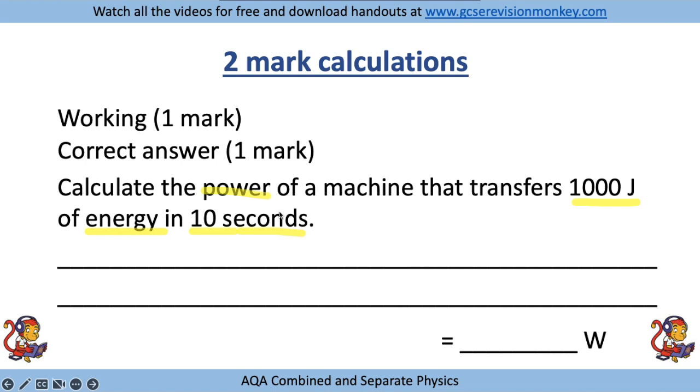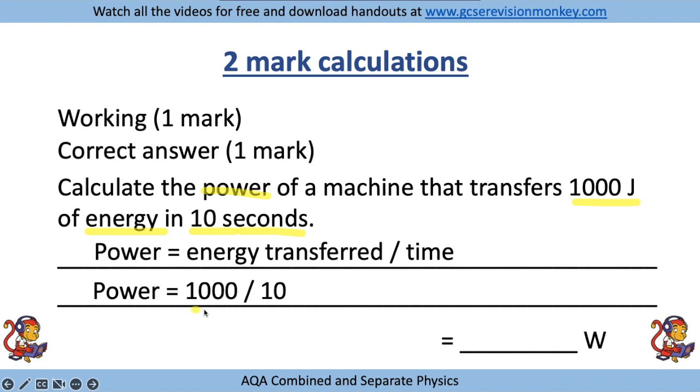So you need to write down the equation that you're using, power equals energy transferred over time. Put the numbers into the equation, so power is equal to 1000 divided by 10,